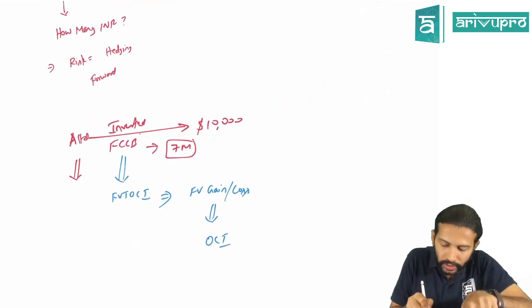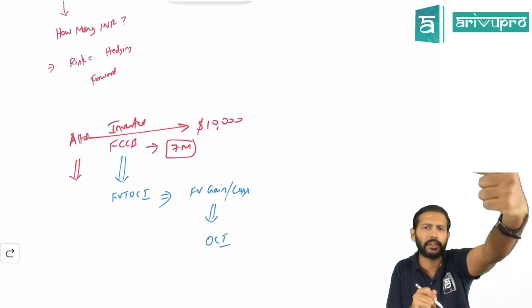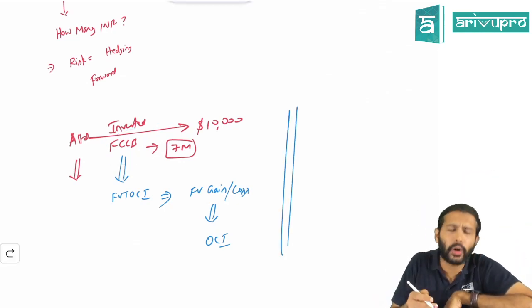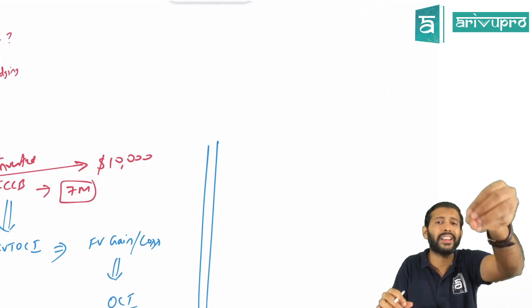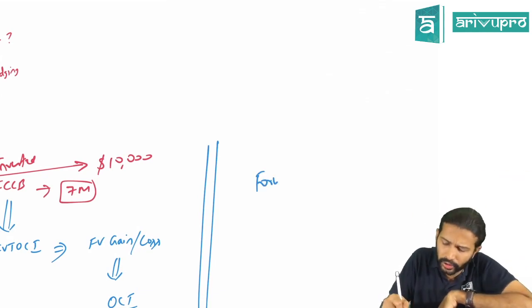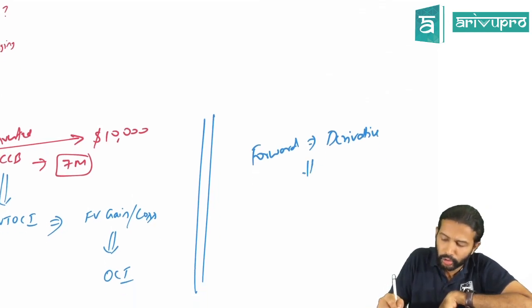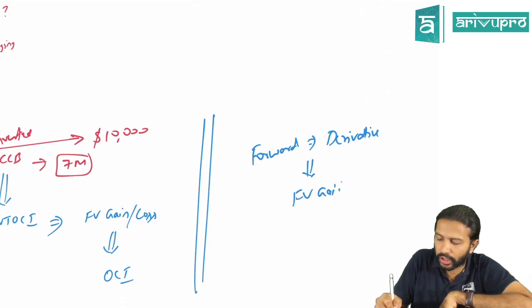Yes. So if on this foreign currency bond there is any fair value gain or loss, company is booking it in OCI. To cover this foreign currency bond, if they have done any hedging instrument, let's say they've done a forward contract, okay, that is a derivative. Yes. Now, derivative should be valued under FVTPL method. So that means any fair value gain or loss,